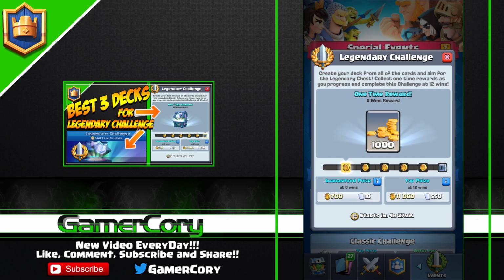So anyway, the one-time rewards are at 2 wins, 4 wins, 6, 8, 10, and then of course the legendary chest at 12. It is a total of 39,000 coins, and then the one-time reward with the legendary card. So it's going to be perfect if you time it and hold the chest and don't actually play until Friday. Then you have a chance of getting the Royal Giant out of this legendary challenge, and that's what I'm going to be shooting for,